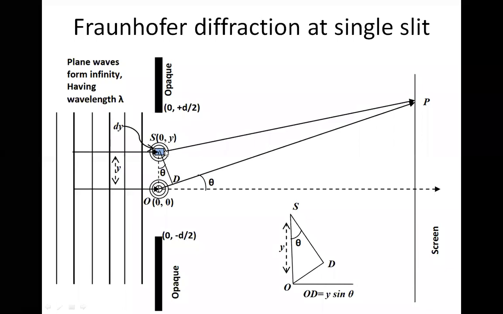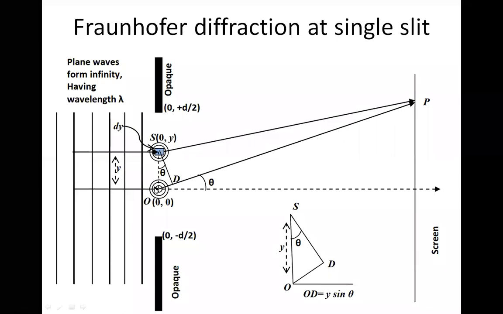Please observe these rings. They are not really rings. They are actually spherical point sources which I have intentionally drawn. One is situated at the origin, and don't think that they are already sitting over there. Actually a wavefront came and hit from the left hand side. That wavefront has so many points, out of which I have taken only two. O is one point and S is another point from where the two spherical waves are originating. Those spherical waves will travel towards the screen. I am interested in only two rays where they meet at point P.